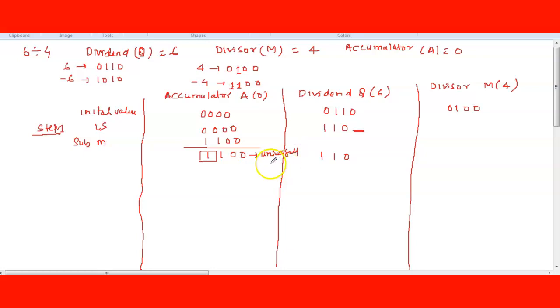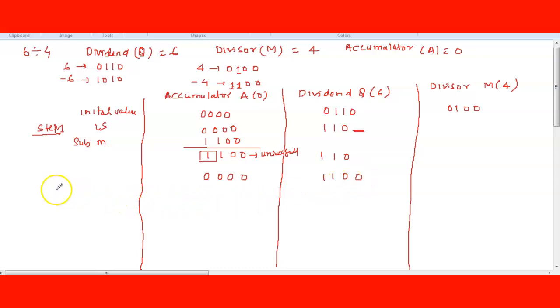So unsuccessful means you have to restore the value by adding the divisor back. So this value you have added here, so we will get these values only. On paper it is not required, but the processor will do it. The processor now has the updated values. Now, to get back to 0 0 0 0, we have to subtract this again. But now we have added to 0 0 0 these values and it has become negative, so you have to restore the values. Restoring means 0 0 0 0 will come back here, by just subtracting these values. And here 1 1 0, and this value will also be 0, because whenever unsuccessful occurs, the quotient becomes 0.